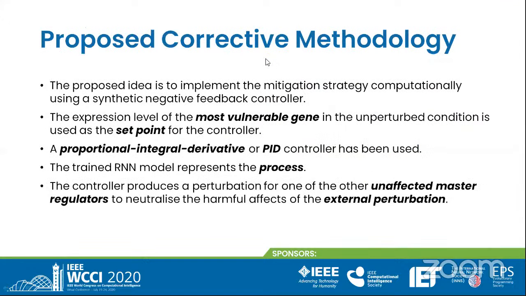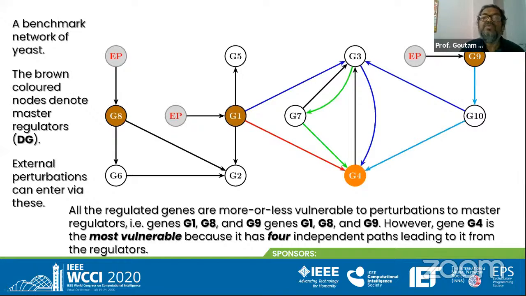You are audible, sir. Now, G1 and G9 are the responsible genes, and the solution, as I have told you, is that if I stop the disturbance in G1 and G9, then G4 will be corrected. Not possible, because this disturbance is coming from some other network over which I have no hold. I don't know from where they are coming. They are coming from some network definitely, but I have no hold on them.